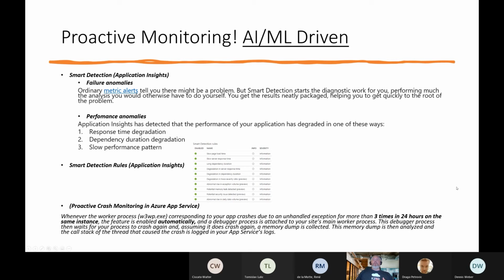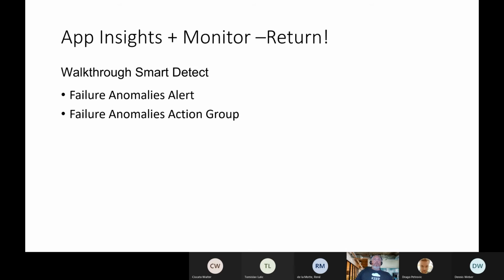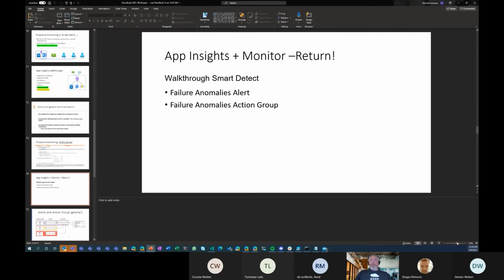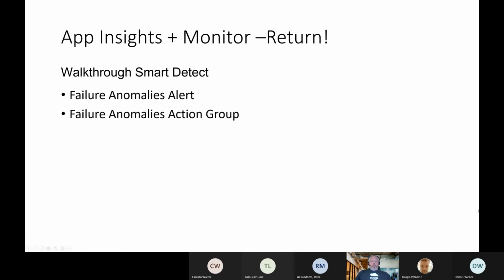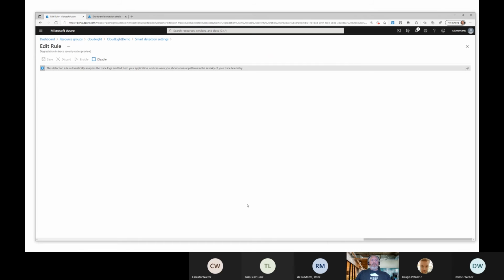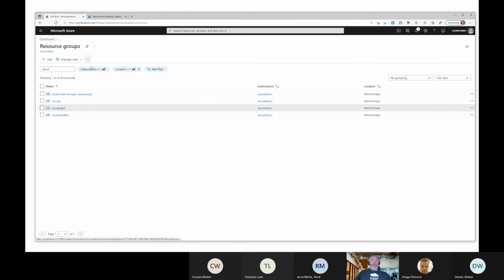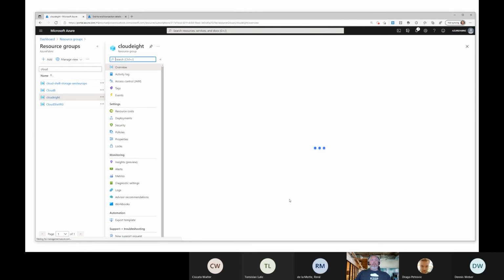The last part here we'll skip for this session, actually, app insights plus Monitor. We're going to go back to that now, and I will walk through the smart detect setup, the failure anomalies, and the alert groups. So now, if we go back to our deployment that we did before in this CloudEight, if